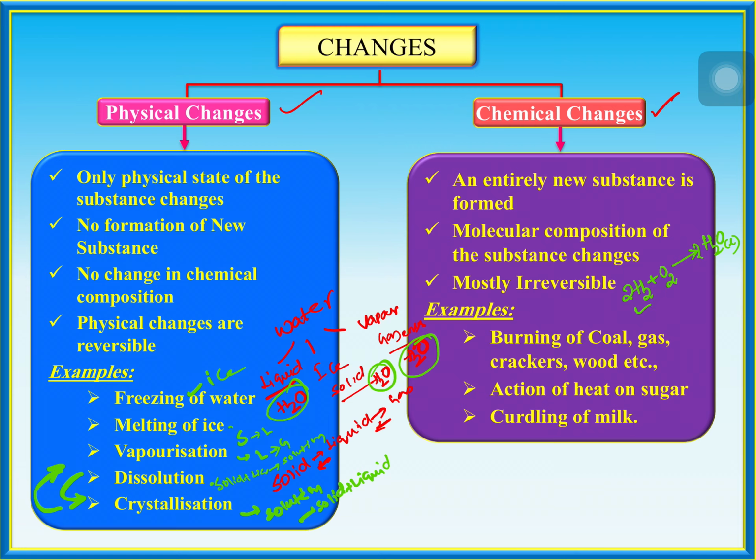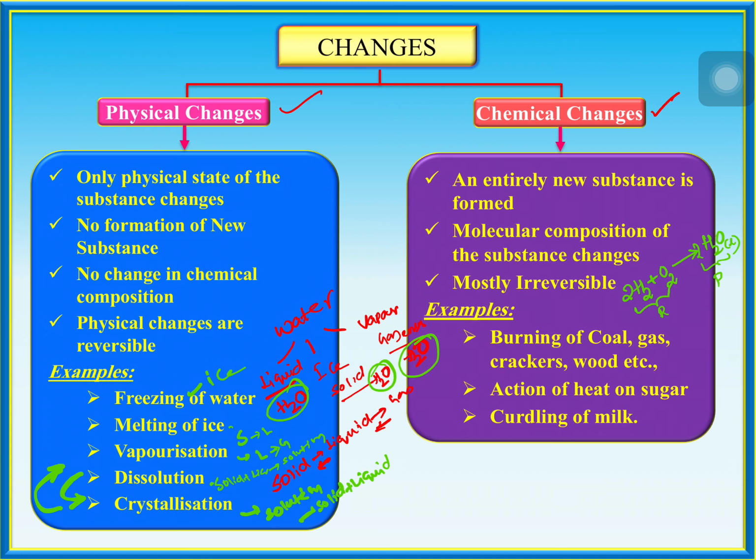The starting materials are called reactants. The ending materials you are going to call products. In the starting materials, hydrogen and oxygen are both different. But in the ending, hydrogen and oxygen combined exist in the form of H2O. So in the starting materials, the composition is hydrogen and oxygen particles. In the ending materials, the composition is water particles. So this is called change in molecular composition.